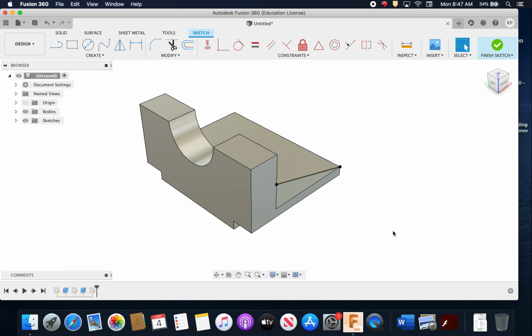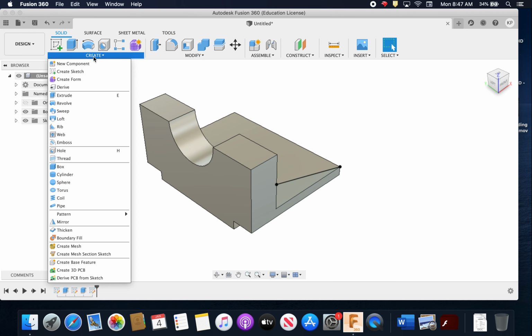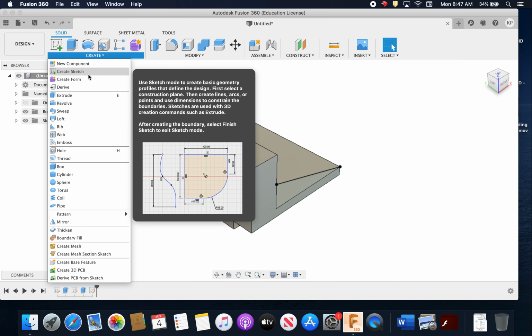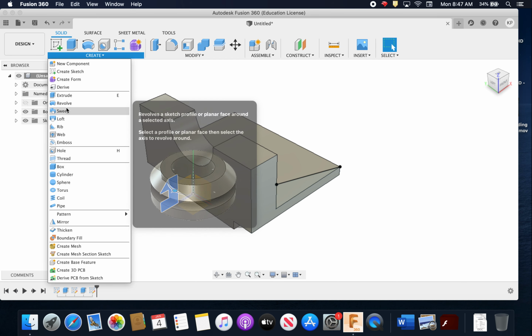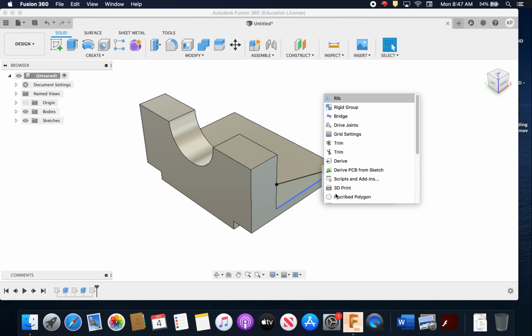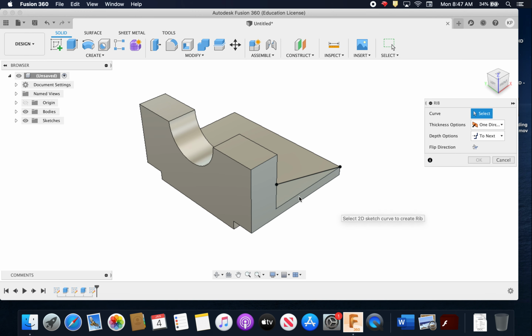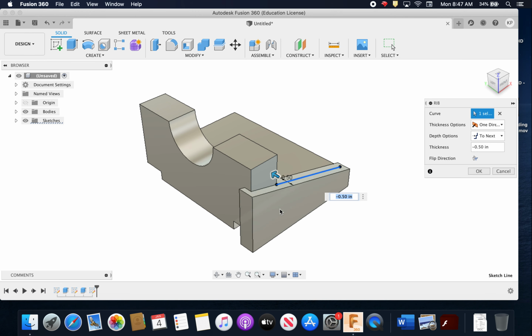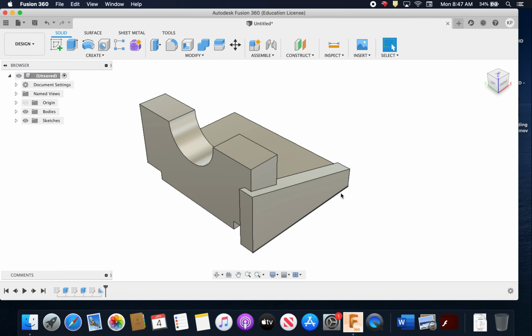Now, we're going to hit finish sketch, but we're going to use a different tool here. So we're going to go down our create list, and we're going to look for rib. You can also do your shortcut menu, type in rib, and there it is. And we're going to select that line, and it's automatically going to generate a rib down to the lowest point that it can. Now this one, it's doing one direction, but it's going the wrong direction. So what we want to do is set this as a thickness of